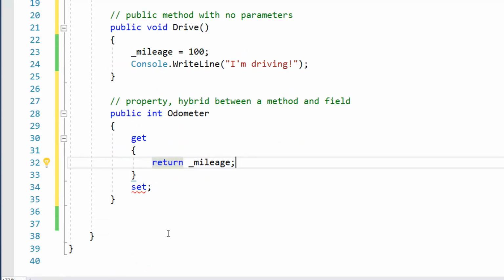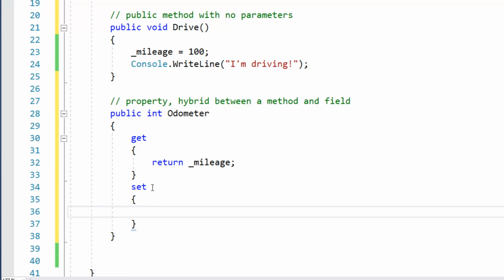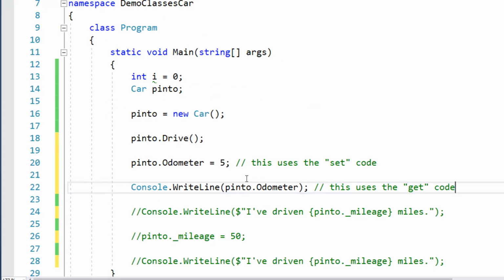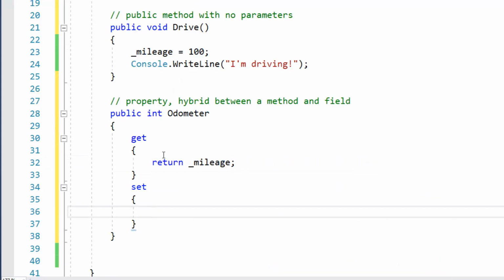All right. So to complete the example, I will go ahead and consider what the set code might look like. So again, going back to main, this is an example that would use the set code. This is where you're taking a value and you want to place it into odometer. So in this case, the value 5 would be placed in there. So what does that code look like? Well, what we want to do is store the value passed to us into this mileage field. And so underscore mileage